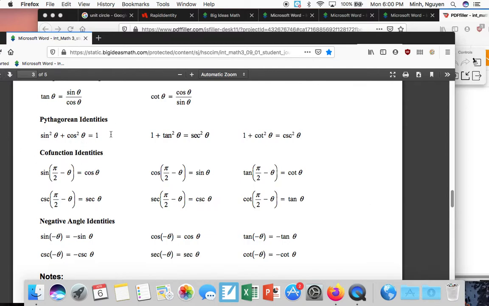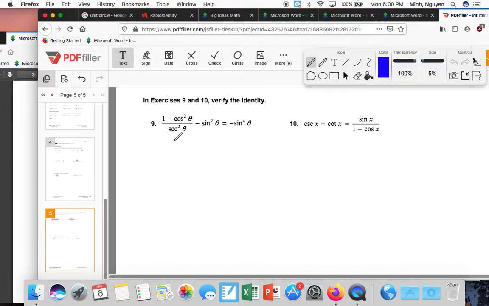So I'm going to replace this with sine squared. Wow, okay, not bad. Over secant squared minus